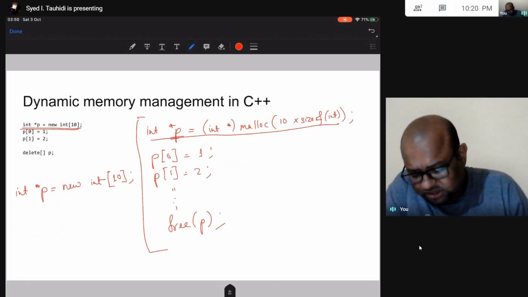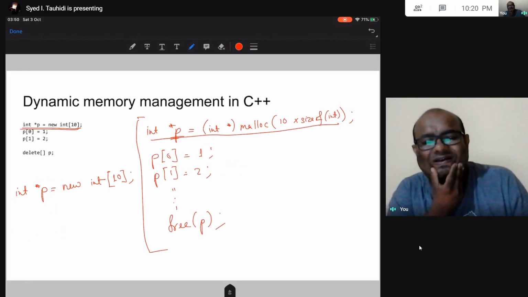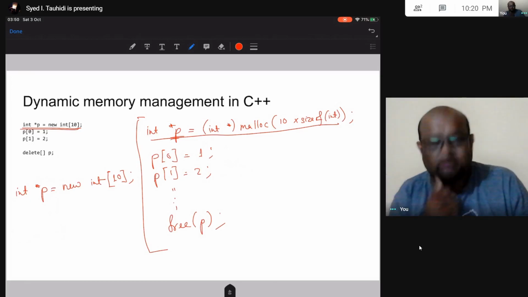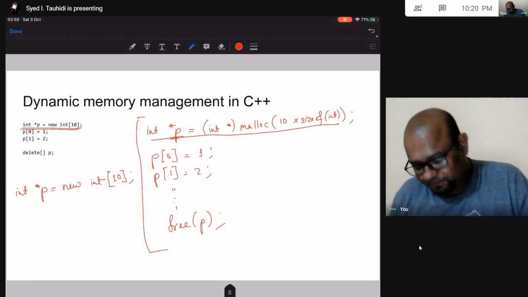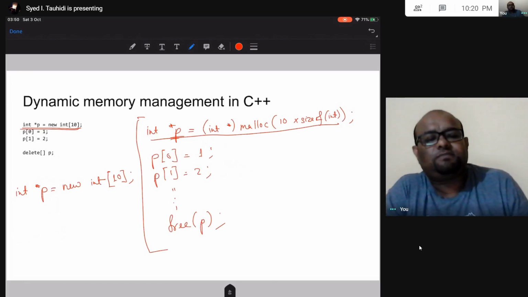There is no reason why this could not have been anything else, right? So just remember, syntax does not have deep logical meaning. The creator of C++ decided that it has to be a square bracket.